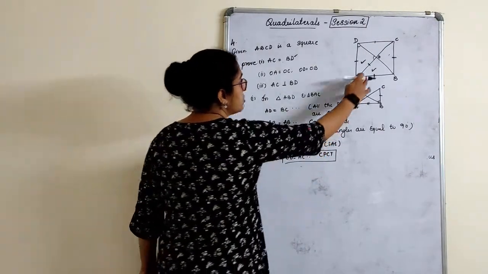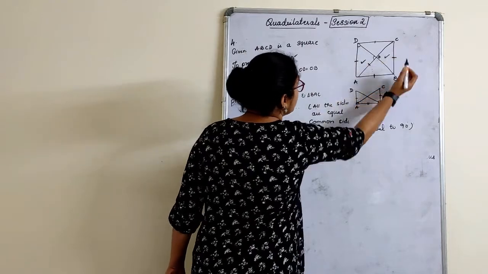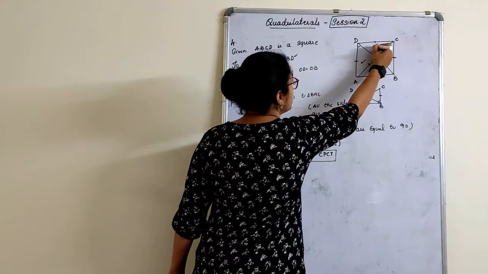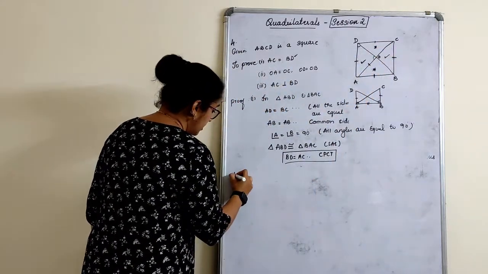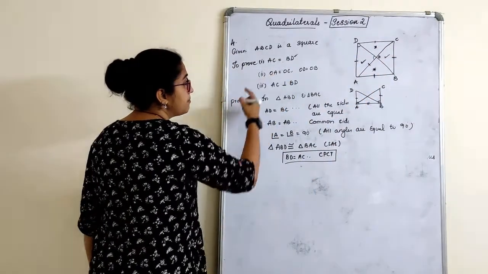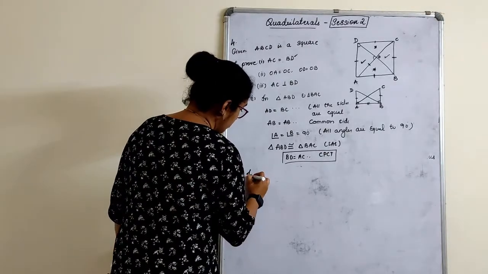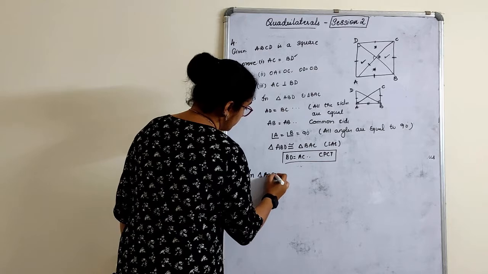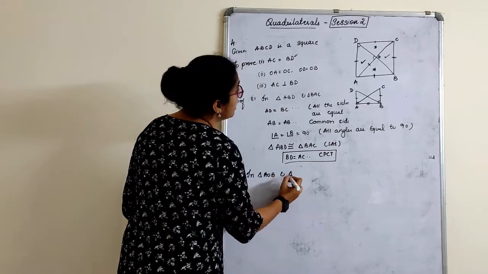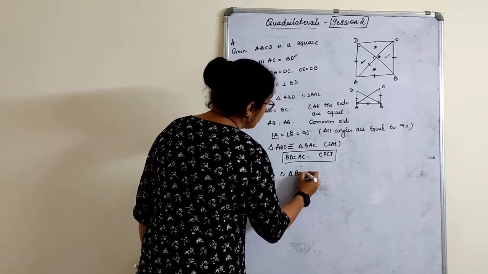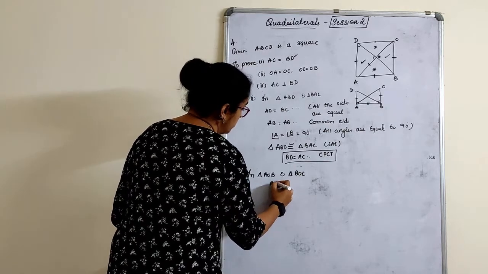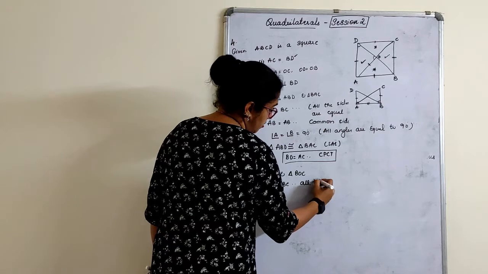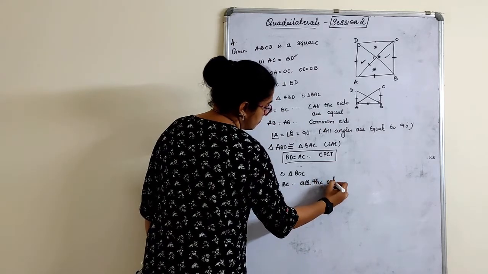So now let's choose the triangles. Let us choose two opposite triangles, either this or you can choose this and this. It's up to you. Second proof part, because we need to prove they bisect each other. So in triangle AOD and triangle BOC, first of all we know that AD is equal to BC. All the sides are equal.